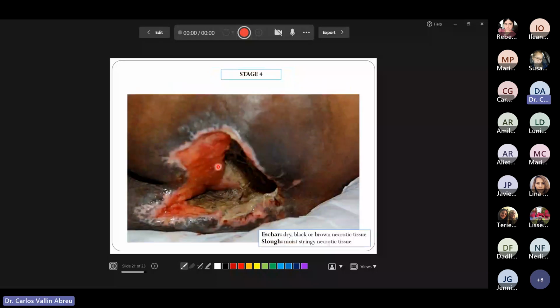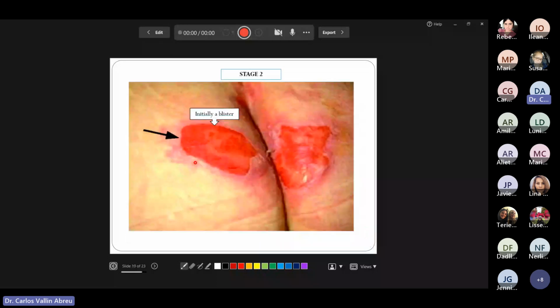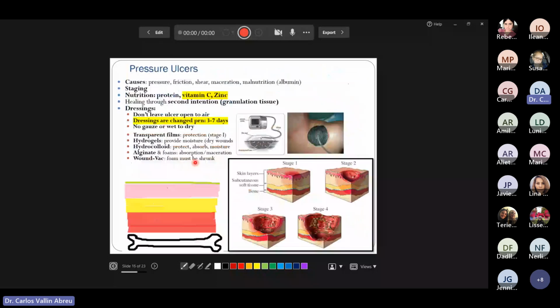The stage 4, as you see, the muscle. This is muscle. This stuff that you see here is muscle. So it's a stage 4. Usually stage 4 ulcers tend to be very secreting, so a lot of secretion, like this slough that you see here. And that's why it's very beneficial to use the alginate or the negative pressure